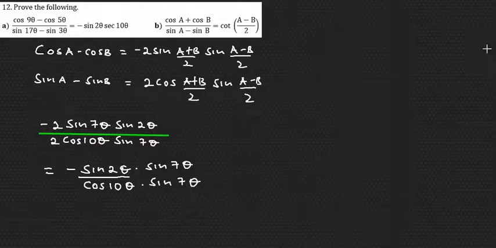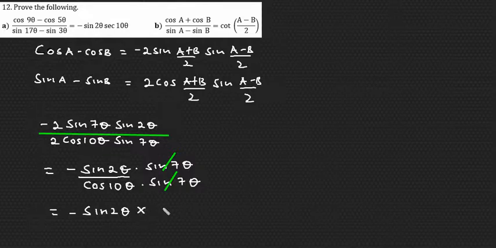Hope you can see that sin 7 theta goes. Then you shall be left with negative sin 2 theta, then times 1 over cos 10 theta, but you know 1 over cos is sec, so that means that we have